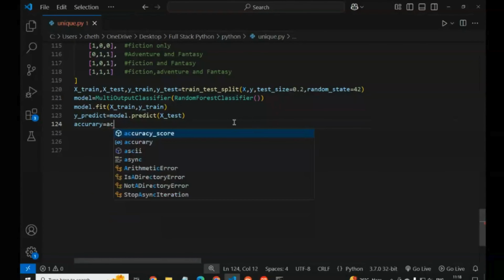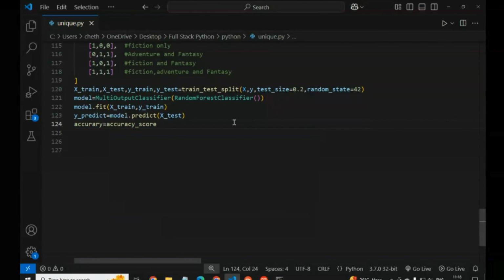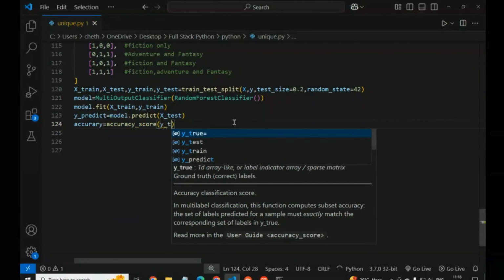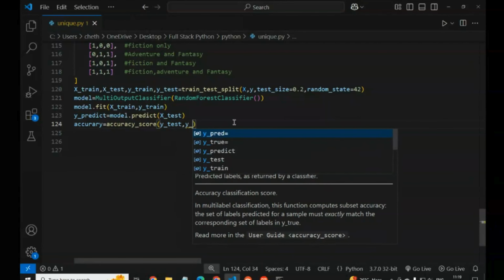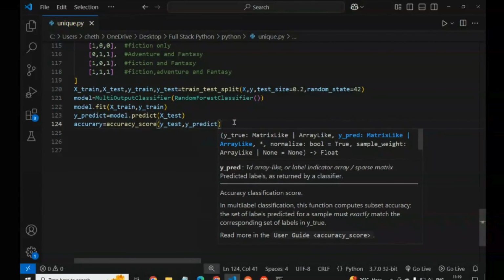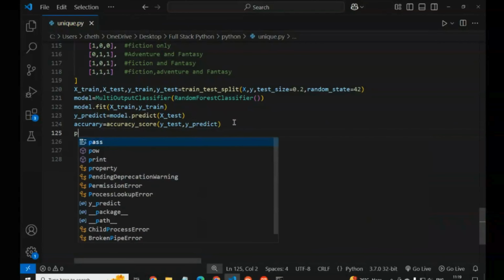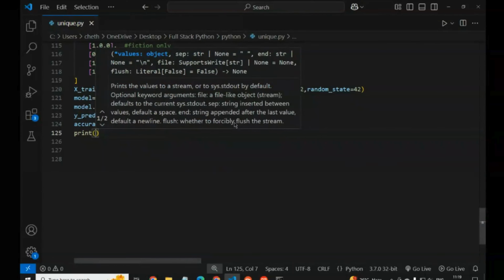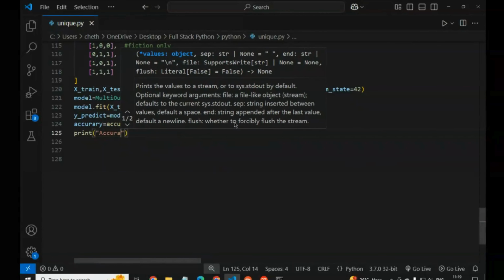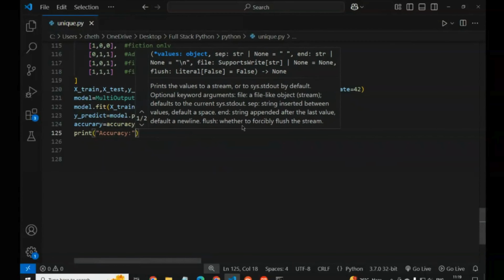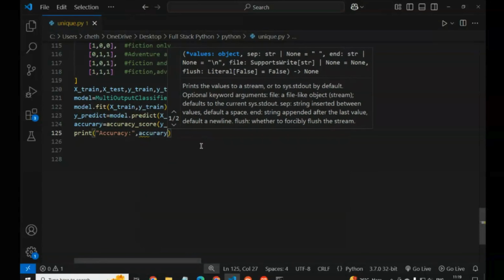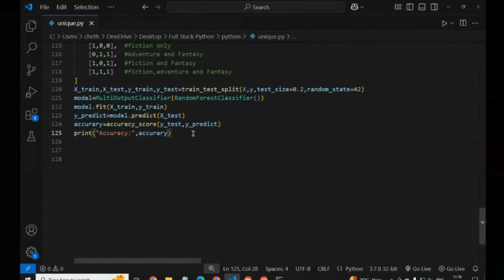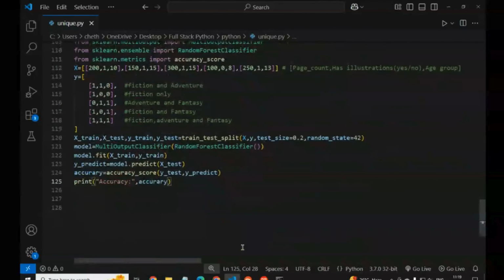Accuracy equals accuracy_score of y_test and y_pred. Like that we have to write. Then we print this accuracy. So let's see what output it will give.